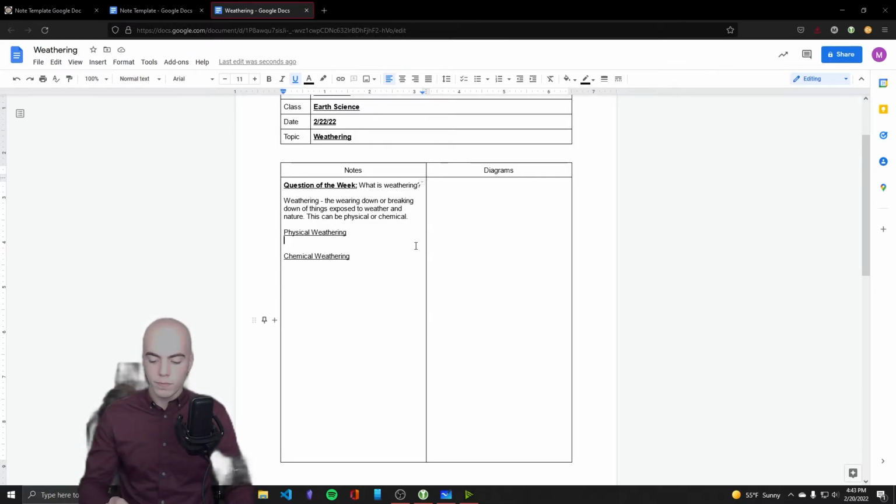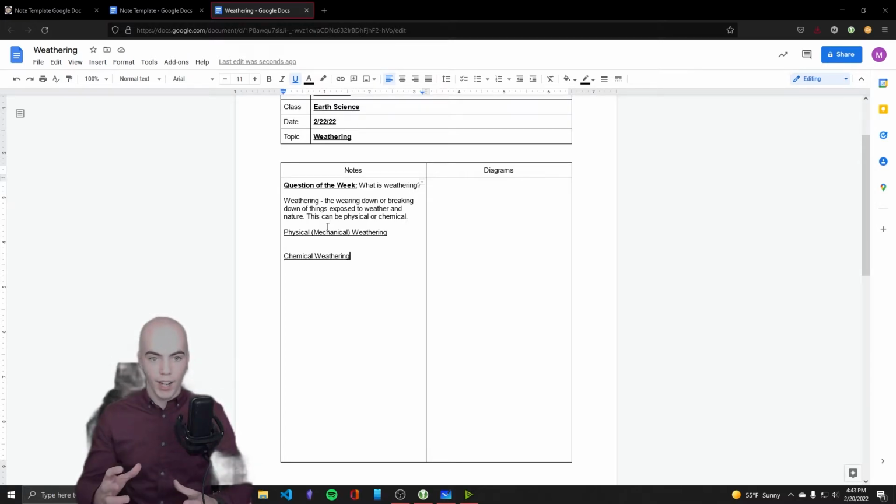All right. So physical weathering. This is also sometimes known as mechanical weathering. So let's add that in there. Physical or mechanical. Physical. What does physical mean? Well, maybe it's easier to start with chemical.